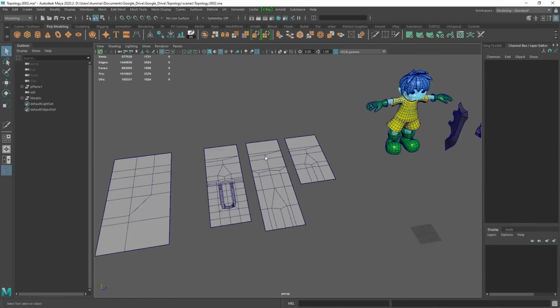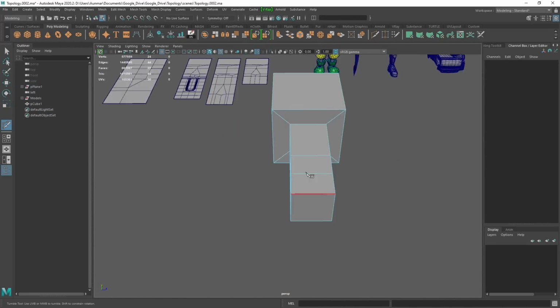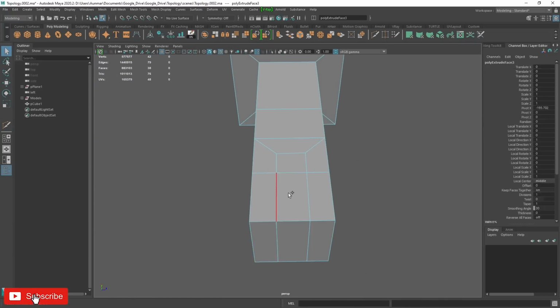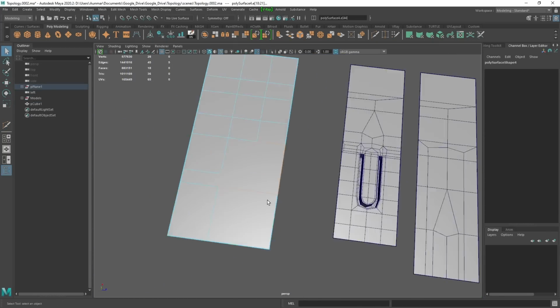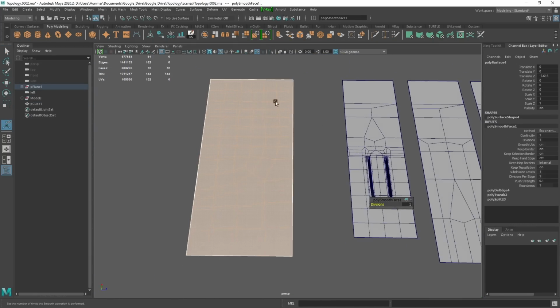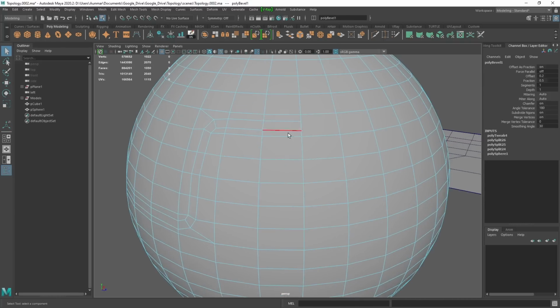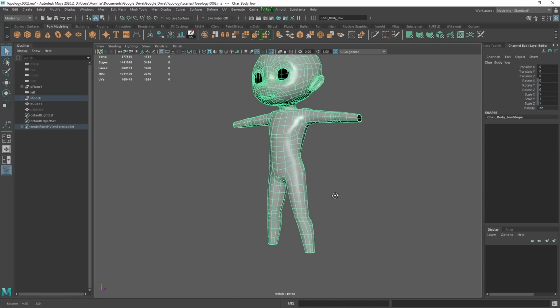Hey everyone, today we're going to cover 5 tips for better understanding topology in any 3D software. I'll be using Maya for this demo, but the concepts and workflows discussed here can be applied to any 3D software. I've narrowed down these tips after many years of professionally modeling and teaching students over the years to improve